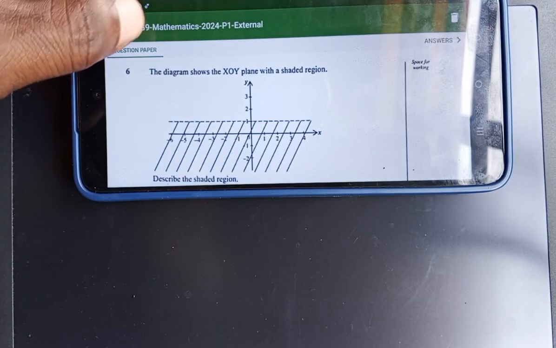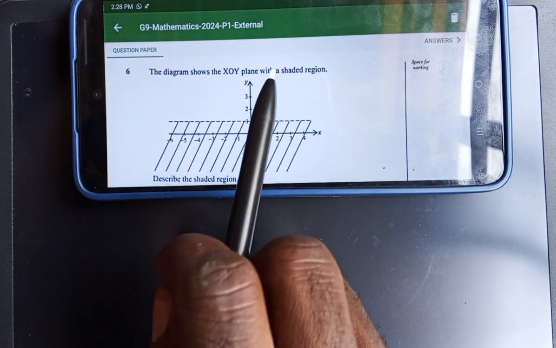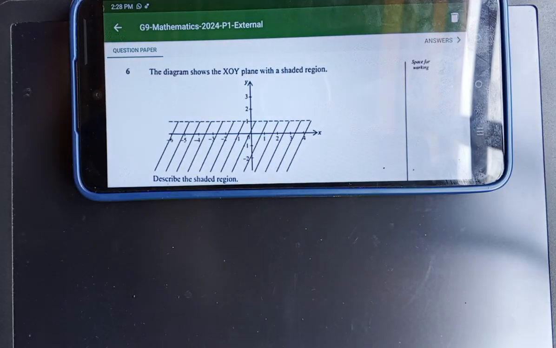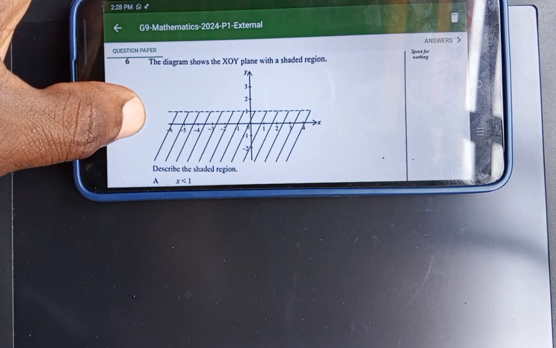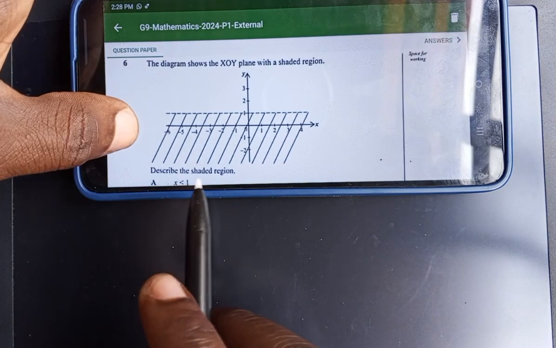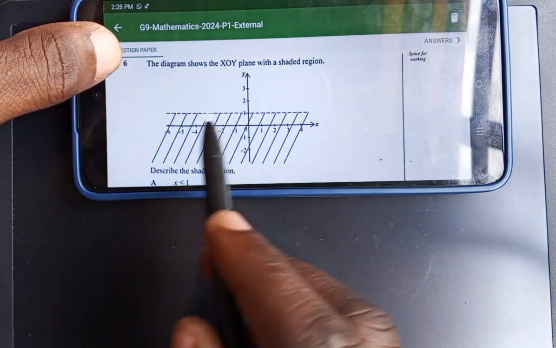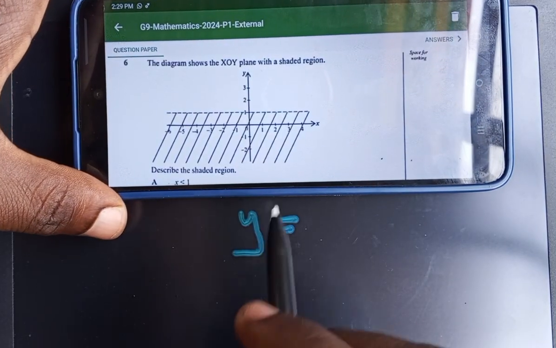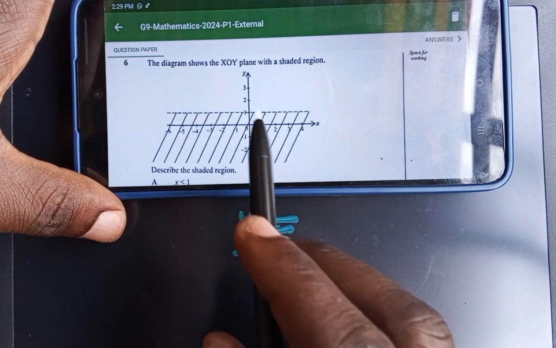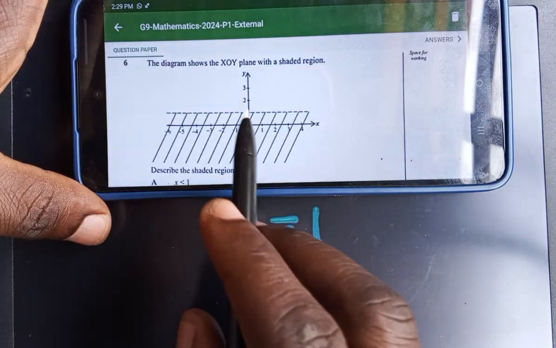the diagram below shows the XY plane with a shaded region, as you can see. Describe the shaded region. As you can see, this line is cutting the y-axis. So you're going to write y is equal to, it is cutting at which point? It is cutting where y is positive